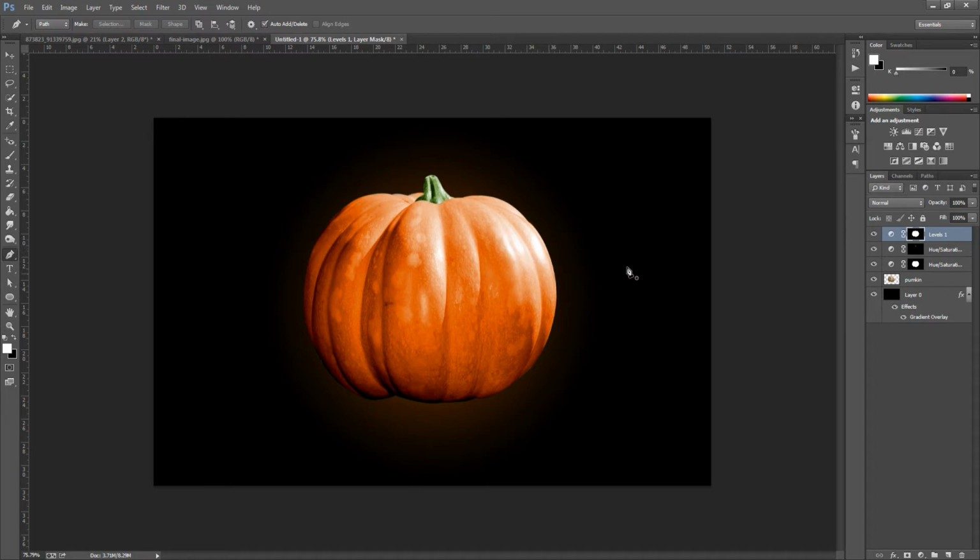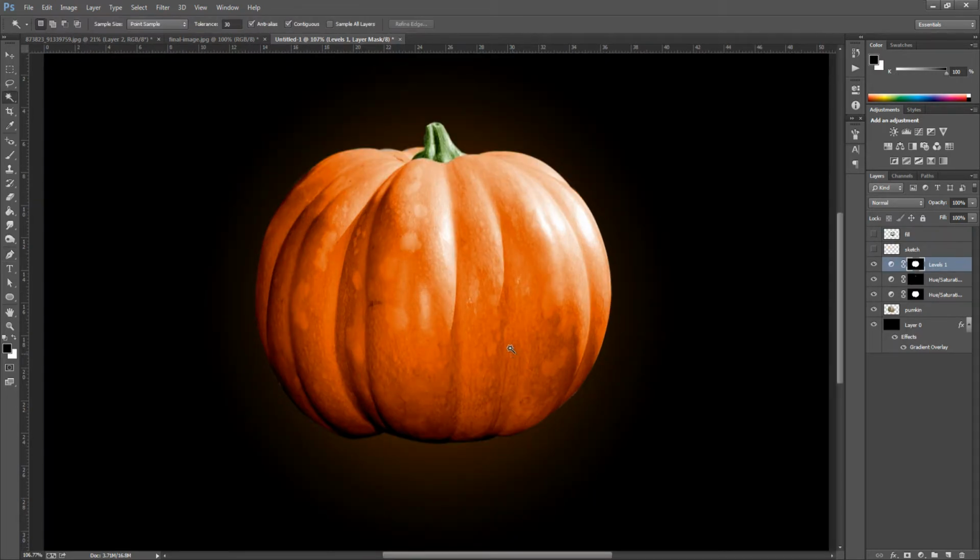Now the next thing that we do need to do is map out the eyes and teeth. So we're going to make sure that we have the top layer selected. Then the next thing that we are going to do is make a new blank layer. So bottom right hand side, click the new blank layer icon. We're going to rename this to Sketch. So rename it to Sketch. And make sure that you are working on that layer. And we're going to map out our face now.